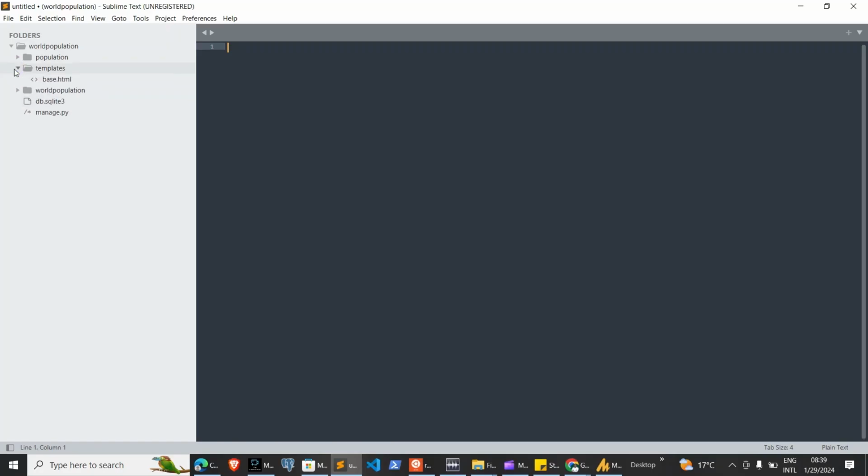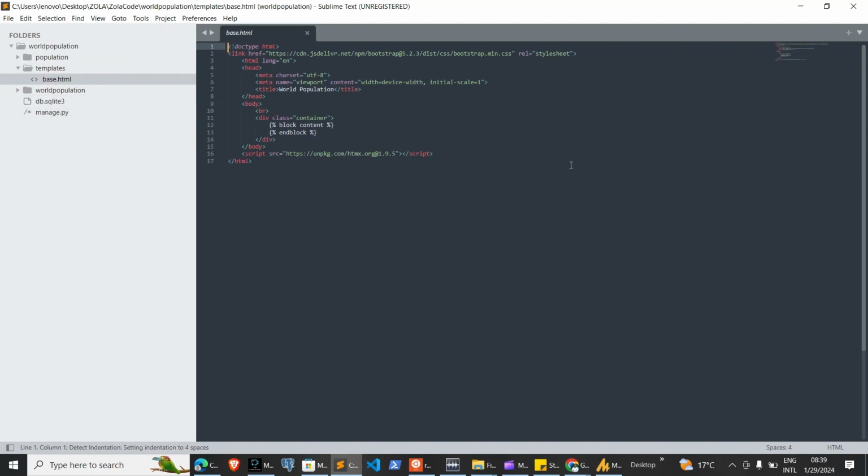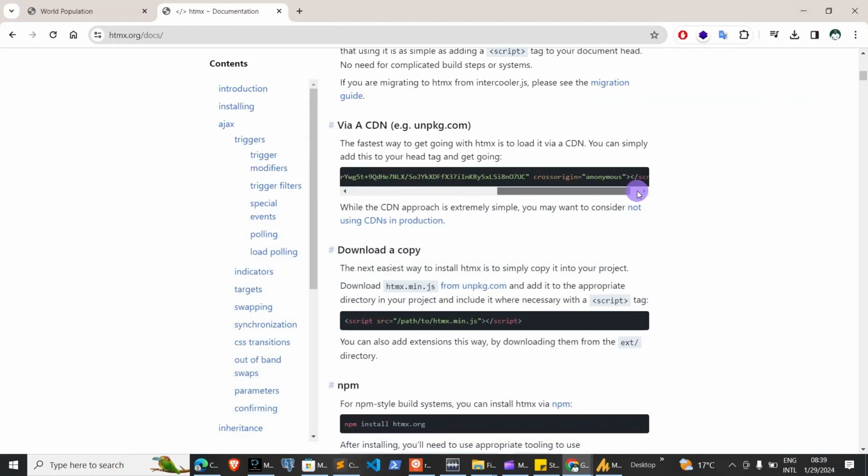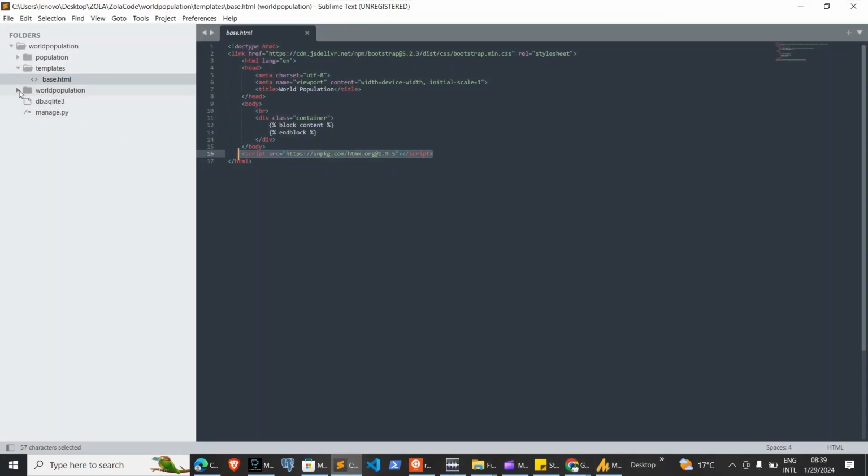So first of all, you have your base HTML. You can see this is my simplified base HTML. I've included the CDN link for HTMX, which you can just copy and paste from HTMX here. You can see the CDN link. Then once I've copied the CDN link, then in my app called population,